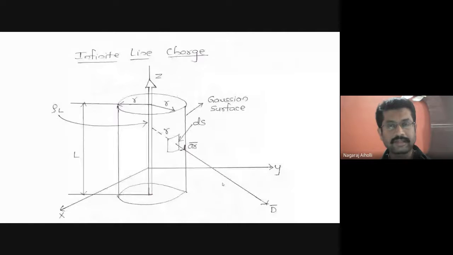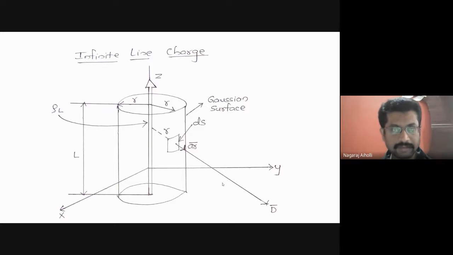Next is the infinite line using the Gauss law, and we are proving that the equation is the same as that we derived using Coulomb's law. Considering the Gaussian surface and the Gauss law, we are deriving the equation for the electric flux density or the electric field intensity due to an infinite line charge that we have already done earlier. And we are going to prove that whatever equation we are deriving now is the same as the equation that we have already derived using Coulomb's law.